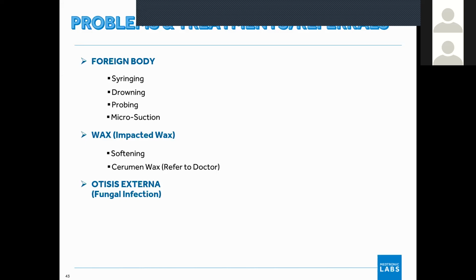is classified into two: one is soft wax, and the second one is hard wax. Soft wax: once you visit the clinic for consultation, the doctor will clean the soft wax from your ear with the help of these methods: syringing, drowning, probing, microsuction. But if the impacted wax is hard enough that the doctor can't remove it, then the doctor will prescribe you some